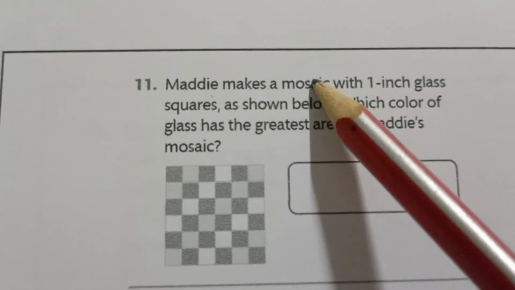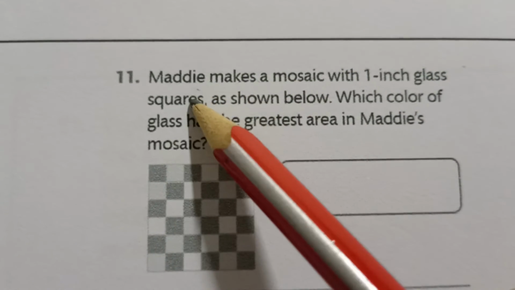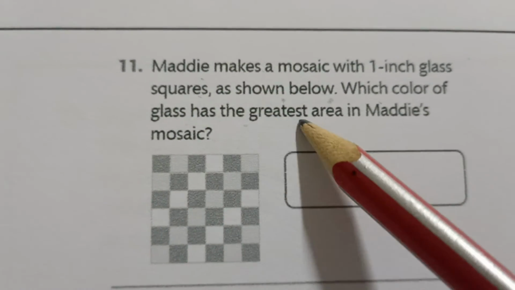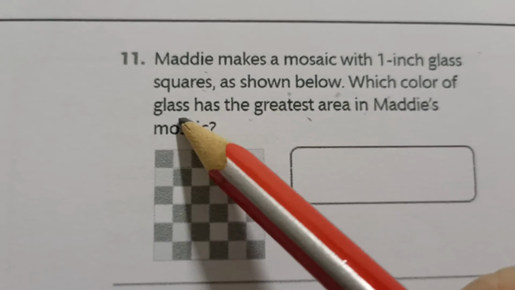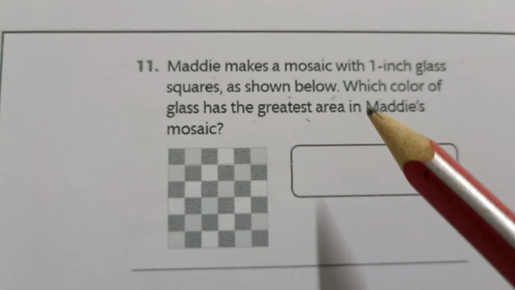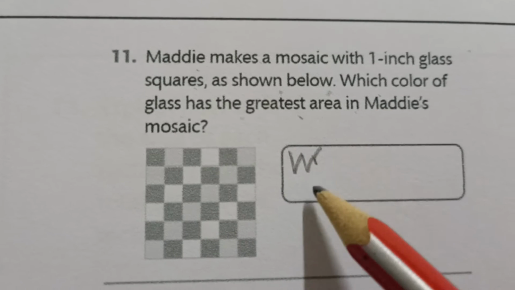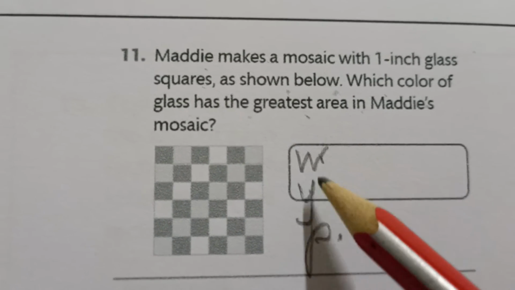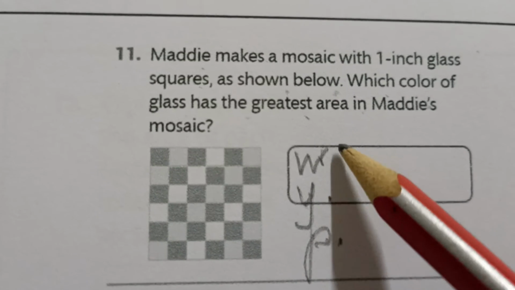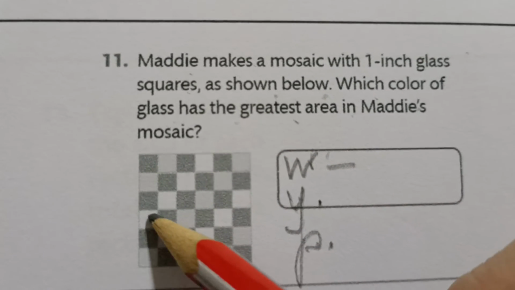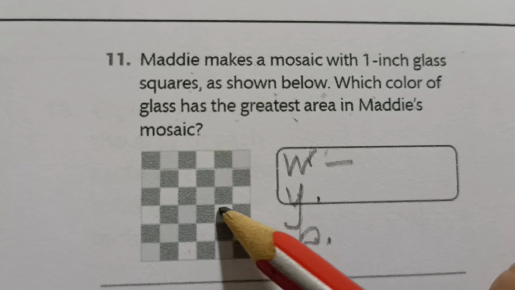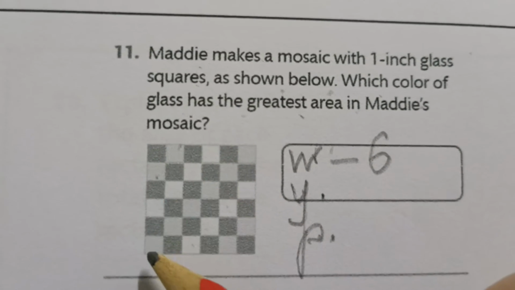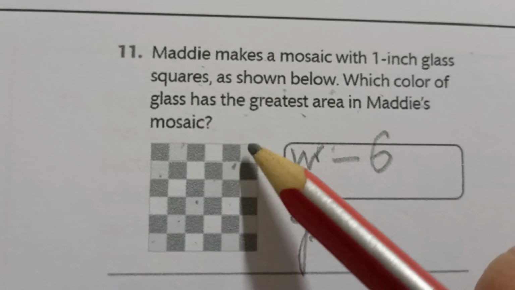Okay, Maddie makes a mosaic with 1-inch glass squares as shown below. Which color of glass has the greatest area in Maddie's mosaic? Okay, in your colors you can see that we have white color, we have yellow color, and we have purple color. So write please like this: white, yellow, purple. Now just count. White, 1, 2, 3, 4, 5, 6. Okay, yellow, 1, 2, 3, 4, 5, 6, 7, 8,